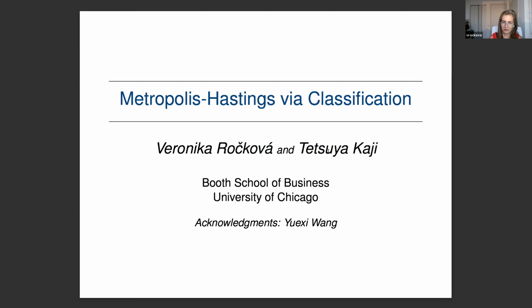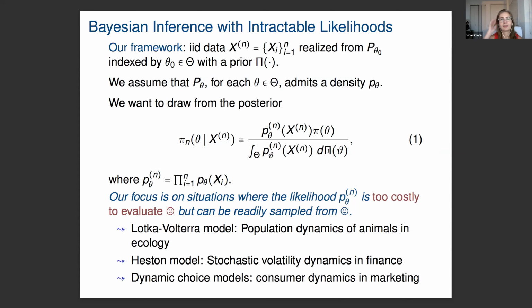Okay, so the setup is fairly straightforward. I don't think I have to make a lot of notational introductions for this crowd, but for the sake of completeness, let me lay down the actual statistical framework. So we are assuming an IID experiment where the true data comes from some parametric family indexed by parameter theta naught that we do not know, we want to estimate. And Bayesian inference can be